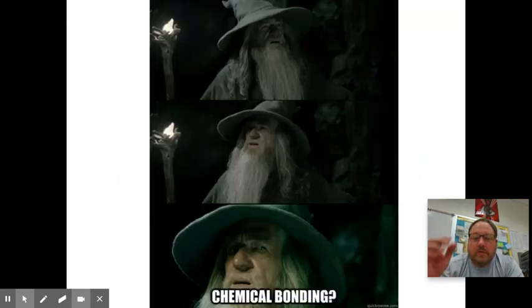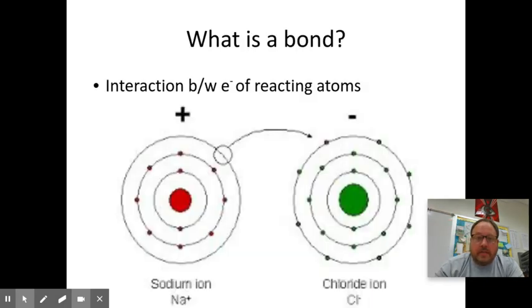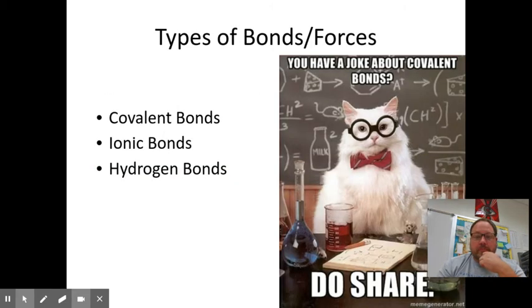So what I'd like to do is walk you through a very brief lecture on chemical bonds. Now, a bond is an interaction, or due to the interaction, between electrons of partner atoms in a molecule. So electrons, we know, are swirling around the outside of the nucleus of an atom, and those electrons can behave in different ways. And so depending on how the electrons behave, different combinations of atoms can be created and they take on new properties. So there are three types of chemical bonds or forces, intermolecular forces, we're going to look at: